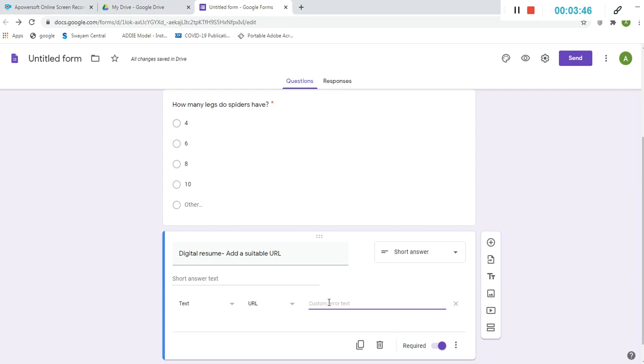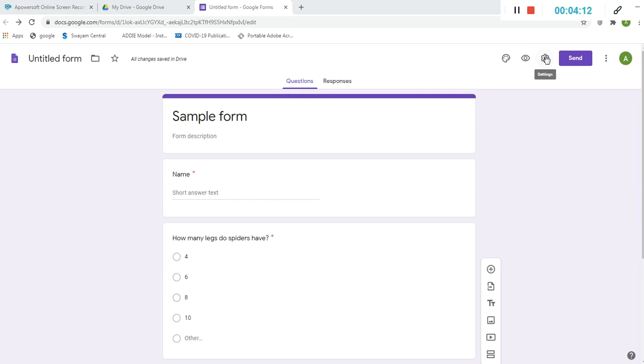If the URL is not correct, we can ask the person, are you sure that it is correct? So it will remind the user to check the URL once. Similarly, you can add any number of questions that you want in your form.